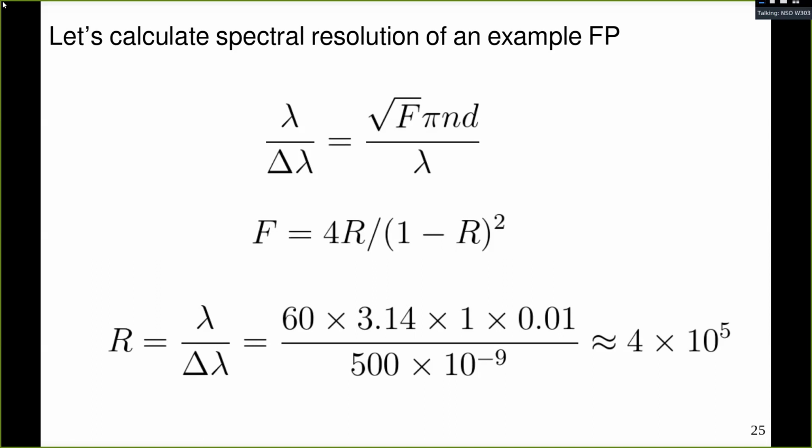So now if I substitute some reasonable quantities here, if you take reflectance of 0.9, which is not terribly much, you would get square root of f equal to roughly 60. And then you substitute the other values. Here I chose my index of refraction to be roughly 1. I chose the thickness of my filter to be roughly 1 centimeter, which I think should be the thickness of VTF. I think it says, yeah, roughly. Then you divide it with the wavelength, you're going to get this relatively big number here, which is like 4 times 10 to the 5, which is rather big